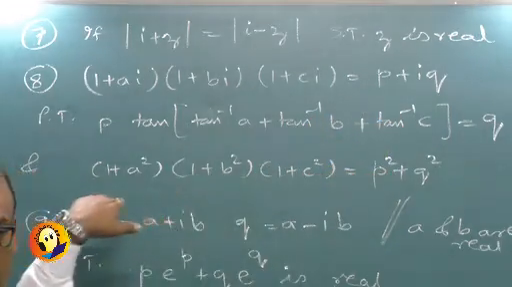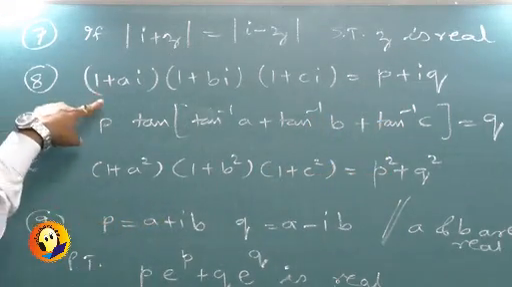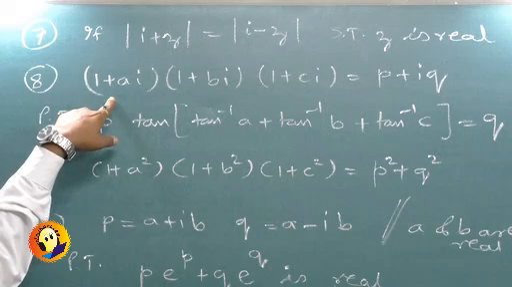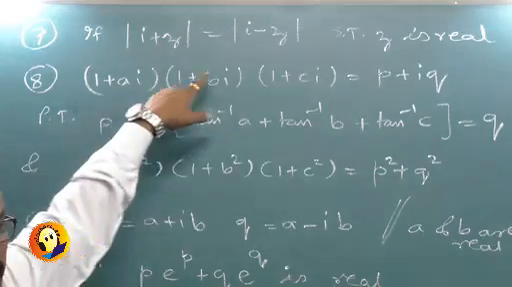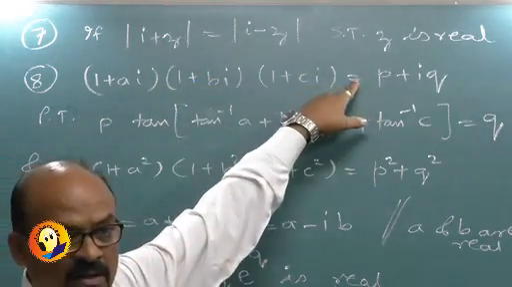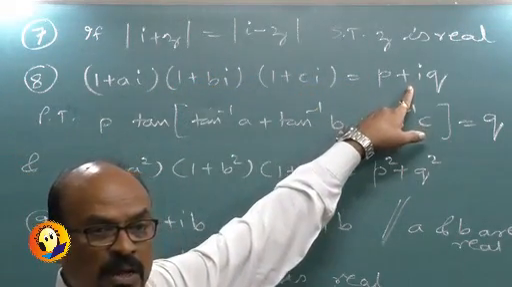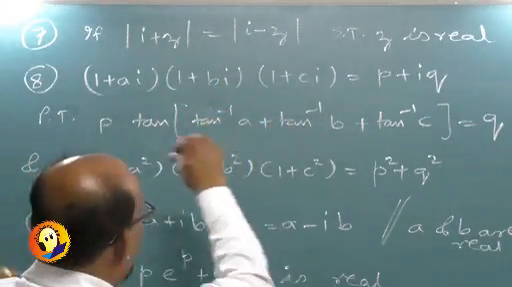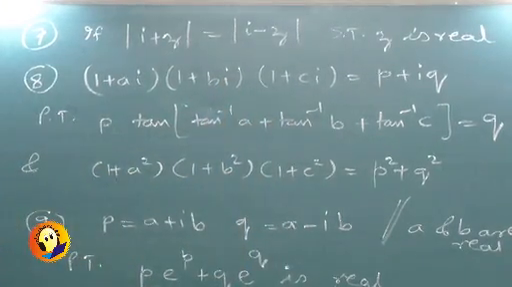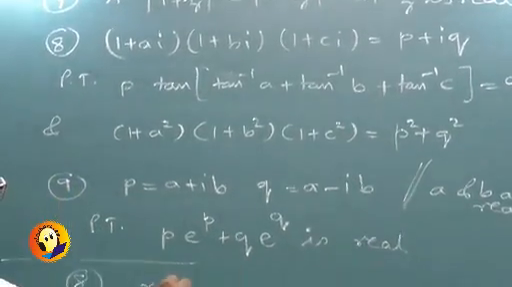That comes automatically. And similarly, arguments: if you see, the argument is tan inverse a, tan inverse b, tan inverse c equal to tan inverse q by p. But how does the addition happen? So each number, see, I can simply say that for the 8th one it is r1 e raised to i